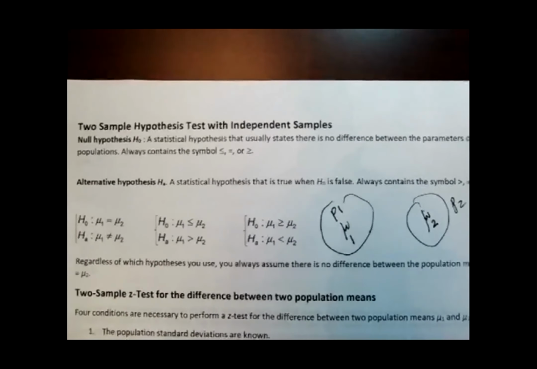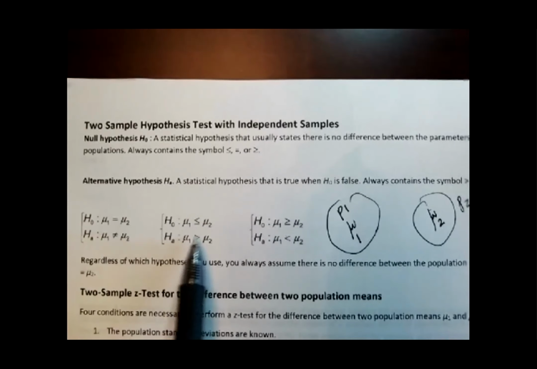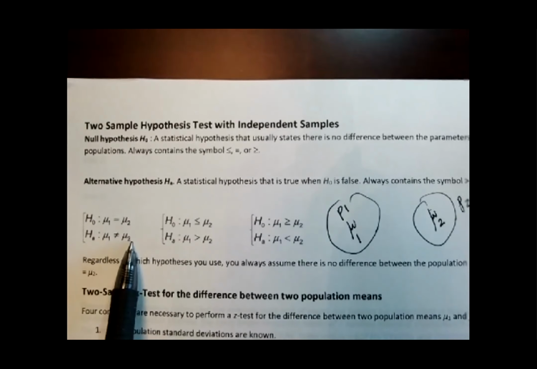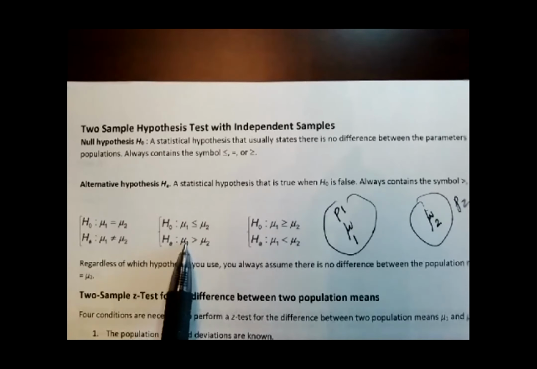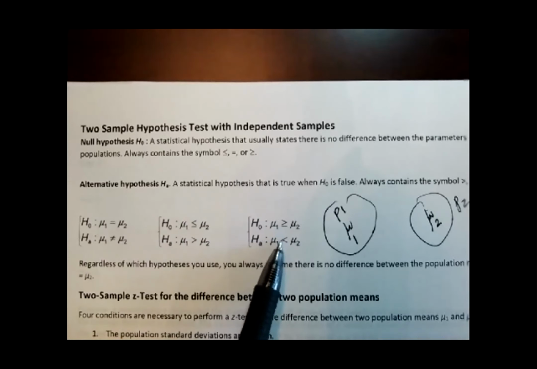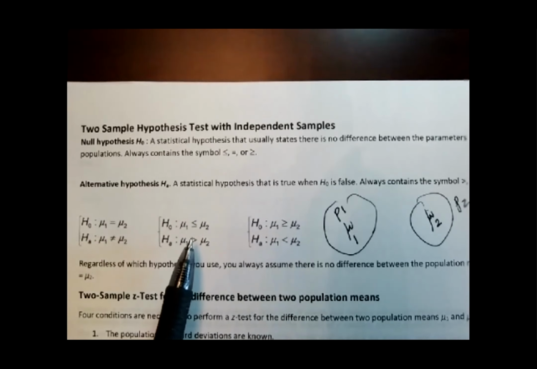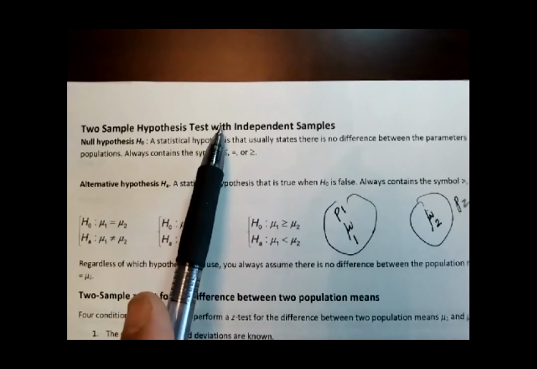Here's how we state the null and the alternative hypothesis. It's always gonna be one of those 3. He either will ask us to check if mu1 is not equal to mu2, so that will be the statement, or he will ask us to compare mu1 with mu2: if mu1 is greater than mu2, and you guys agree with me, the null should be less than or equal to. Or if mu1 is less than mu2, then the null hypothesis will be mu1 is greater than or equal to mu2. So, guys, the first step when you perform a hypothesis test comparing 2 means with independent samples